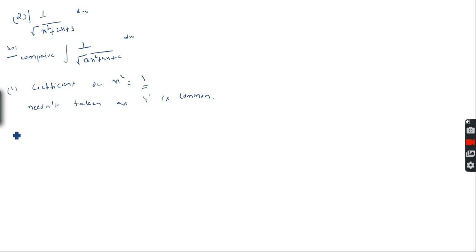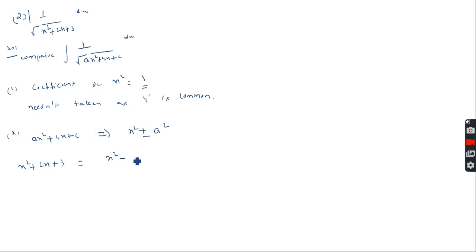Okay. And what is step 2? Step 2 is to convert ax square plus bx plus c into the form of sum of squares, x square plus or minus a square. So for that, we convert x square plus 2x plus 3 by applying either a plus b whole square or a minus b whole square.